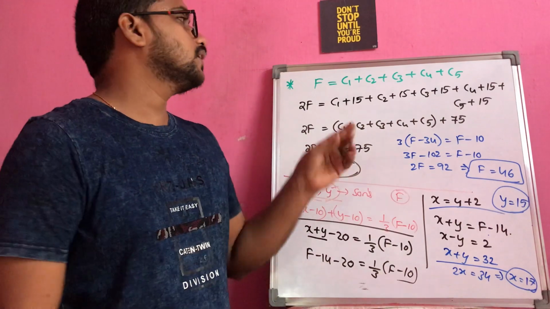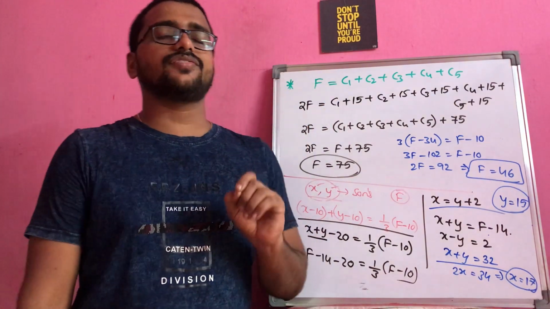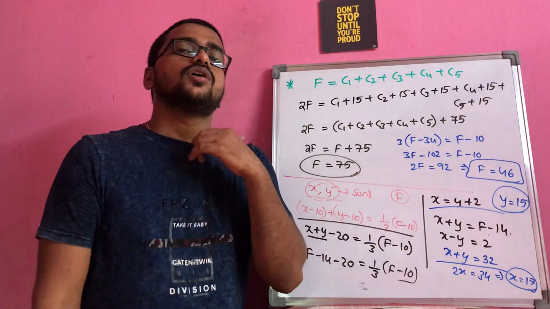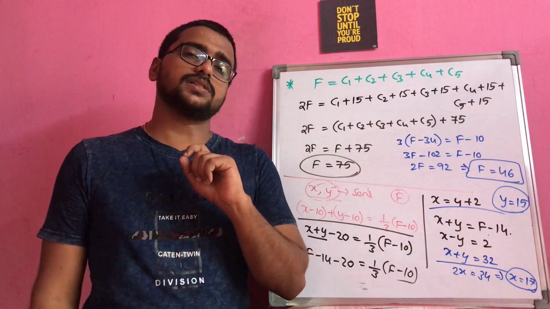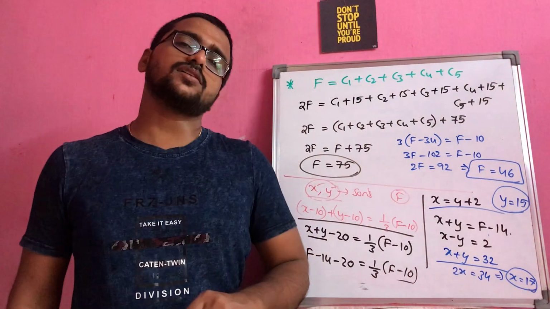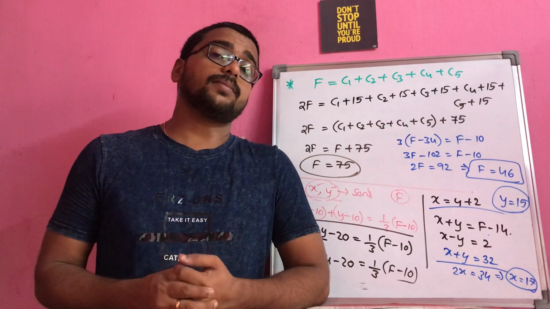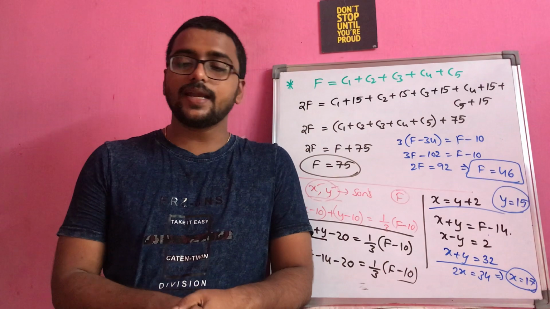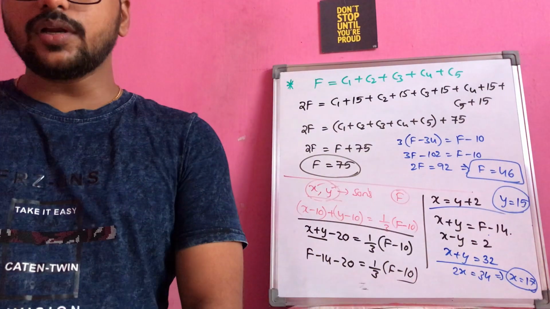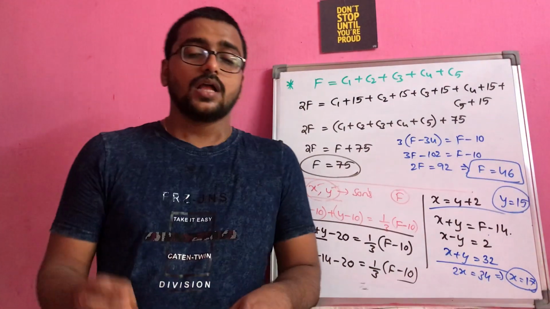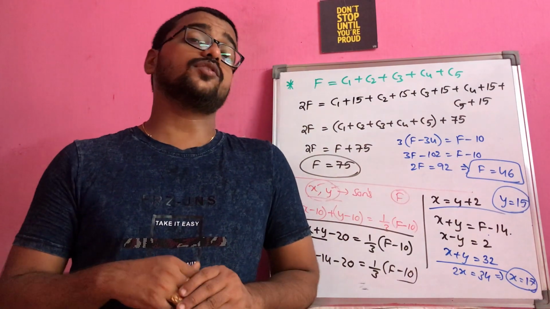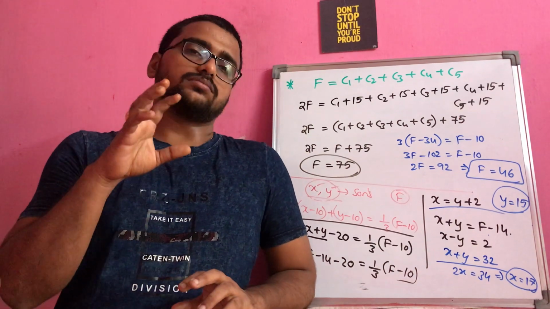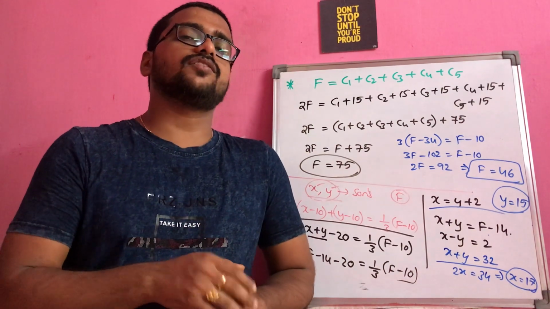Another simple thing: when it is the father's age, try to take it as F, and the son's as S, so that you have clarity while writing what F and S represent. If you write X and Y also, that is fine, but you should always keep in mind what X represents and what Y represents. That is the important thing, right? So my only suggestion here is to try to understand the question correctly. If you don't understand, please put yourself in the situation, which will give you a better understanding of the question.